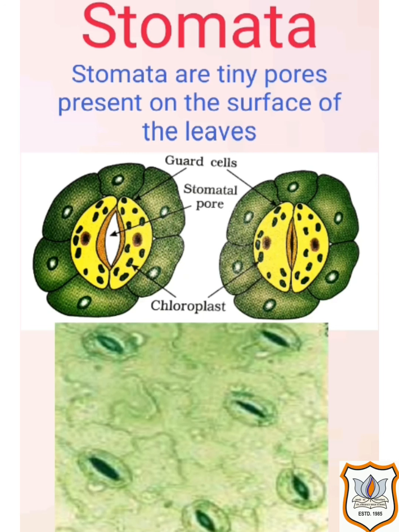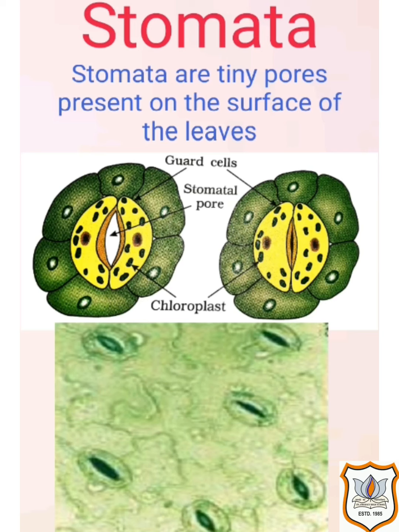Let us discuss the role of stomata in plants. So students, the word stomata we have already heard in lower classes, but it was introductory only. So let us discuss this stomata, its structure and functions in detail. If we observe the diagram of the structure of stomata, each stoma is a small pore surrounded by two kidney-shaped guard cells. And the guard cells have a few chloroplasts in their cytoplasm. We know that chloroplast, the green spot, contains chlorophyll, the green pigment.